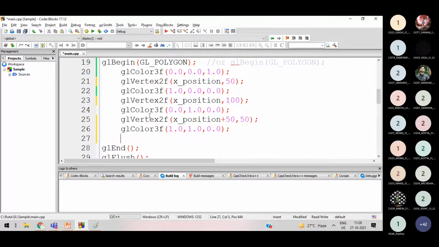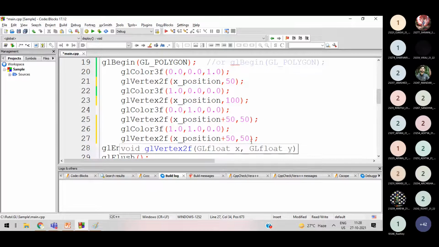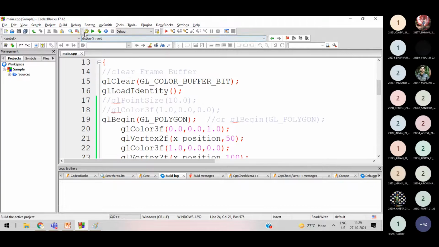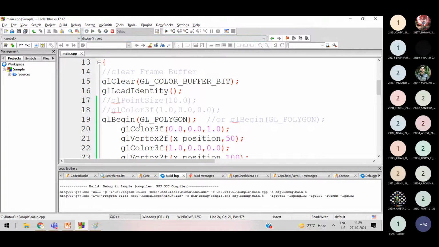So one more vertex over here, glVertex2f, X position plus 50 and 100, right? 50 comma 100. Now if you try to compile the code and run the code,